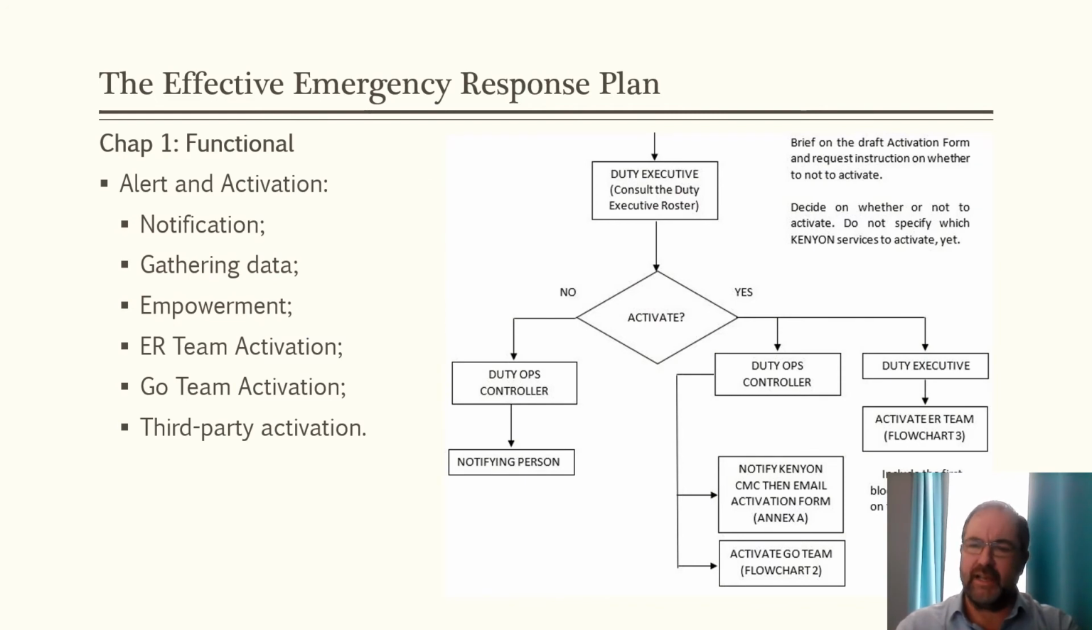Okay, alert and activation. Speed and accuracy of information are the keys here. Access to a person within the organisation must be somebody either on a duty roster, or it must be ops control or an equivalent, but it must be somebody who is contactable 24/7. That person needs to know how to gather data from the person who is notifying, and that could be somebody from outside of your organisation. And for this, the manual should contain a form, ideally the Kenyan activation form,